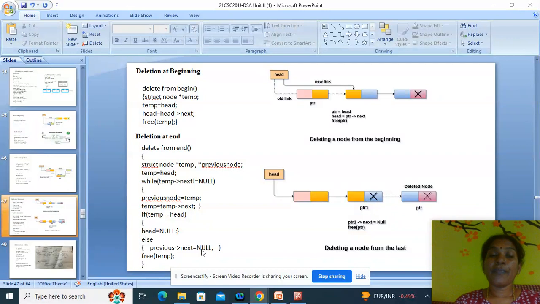So this is the deletion at the end position. To delete at the end position, you have to traverse the list one by one from the starting portion to the end of the list. Once you reach the end of the list, you also have to find the previous node. Once you found the previous,